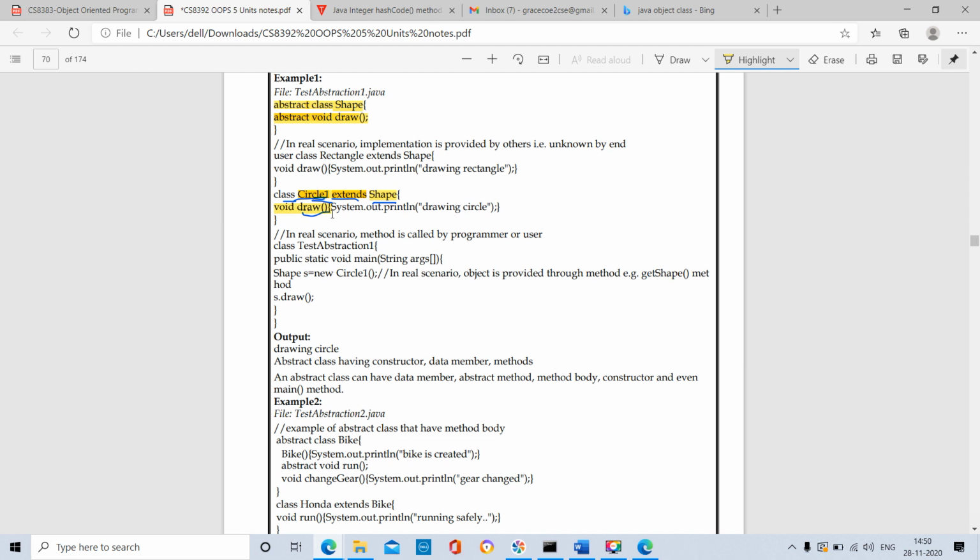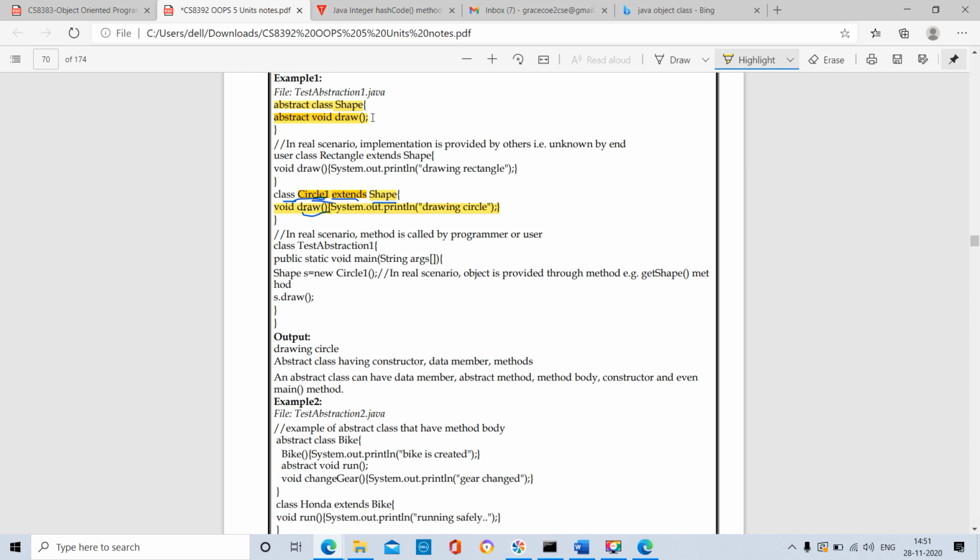Defining means the draw method has a body. Here they are mentioning system.out.println, and within the double quotation, drawing circle. So this is the definition of the draw method.